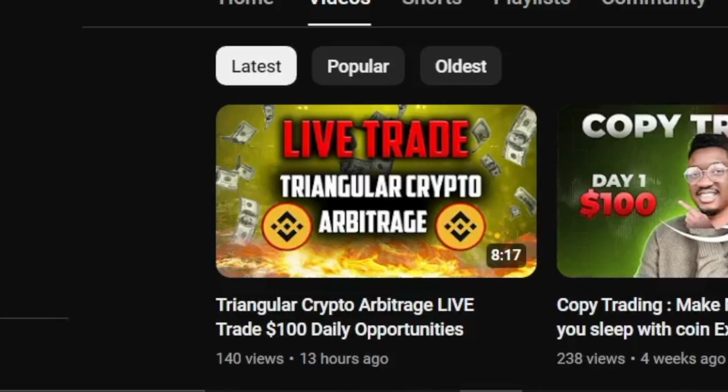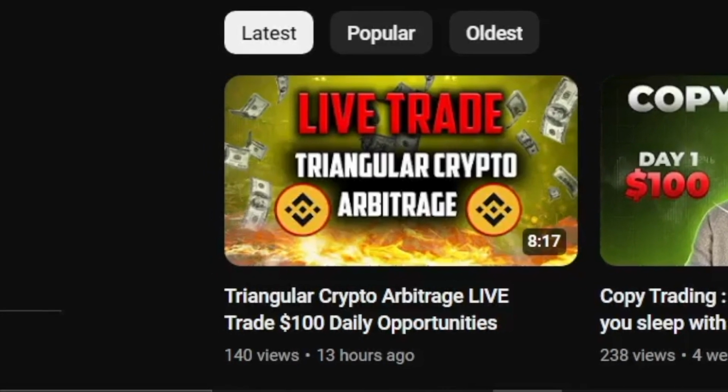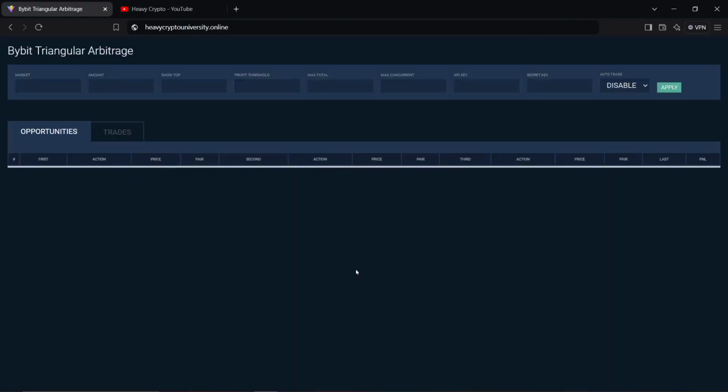So you already know that the first thing to do is to identify your markets. What markets do you want to trade? In this case, we're just gonna use USDT because USDT is big and it has a lot of pairs. So you're just gonna type right here USDT like this, and right here you have to put the amount that you want to trade with. I recommend that you trade with at least 50 USD going upwards, and the minimum should be at least 30 USD. So let's assume that we want to trade with 100 USD again,